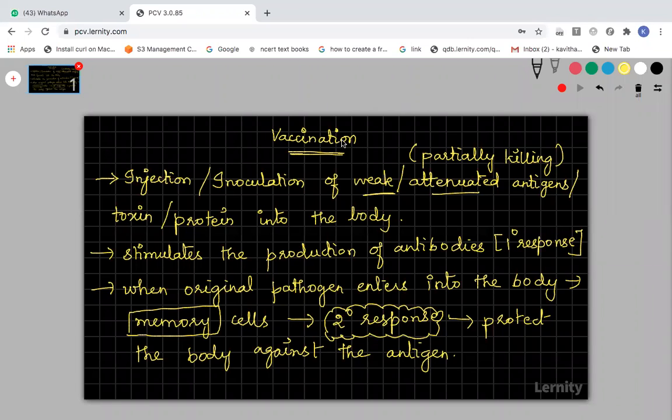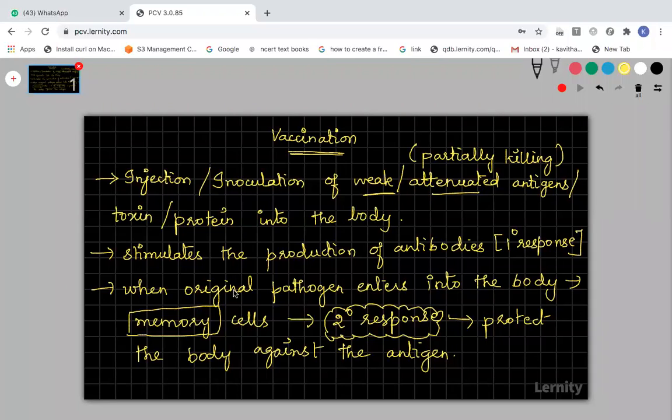In vaccination, we are going to inject the weak pathogen. The pathogens are already isolated and allowed to be weakened. How can you weaken the pathogen? By putting it in an alkaline chemical or heating it at a mild temperature. By some physical or chemical method, you weaken the pathogen, and the weakened pathogen is allowed to enter the body, which will produce the primary response. That is why children get fever or something when vaccines are given to them.